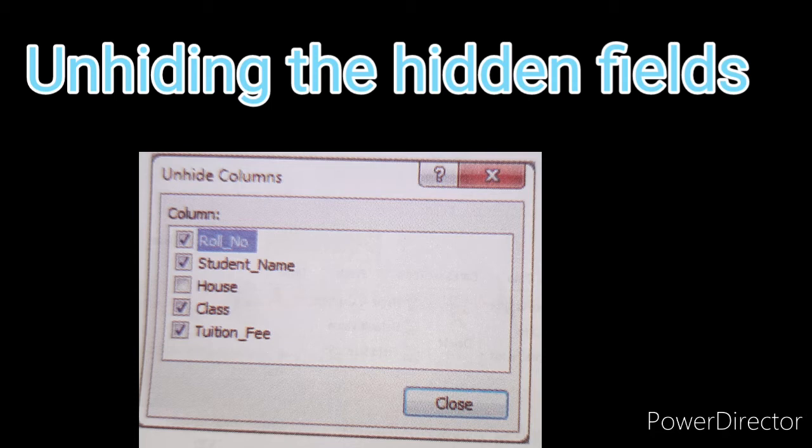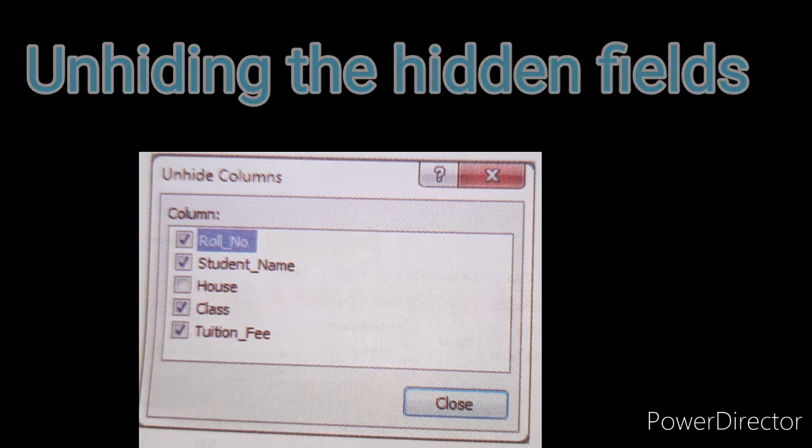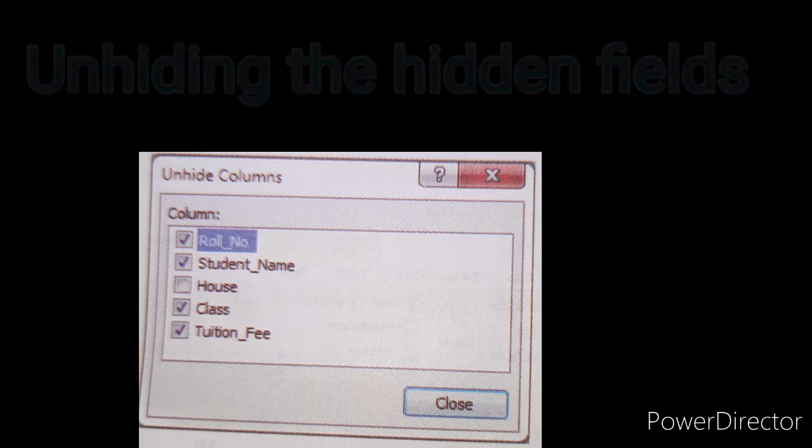Okay, children. If you want to unhide, you just mark it. Whichever tick marks are there, only those marked columns you can see on the table. Okay, children? Our next topic is moving through records, children.